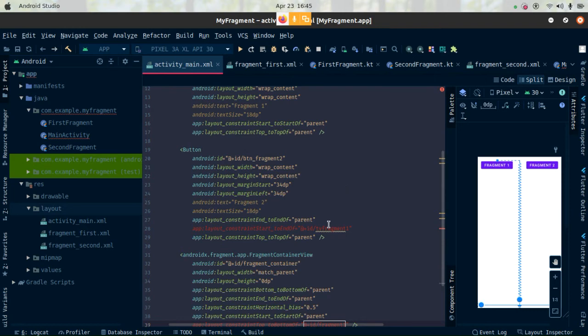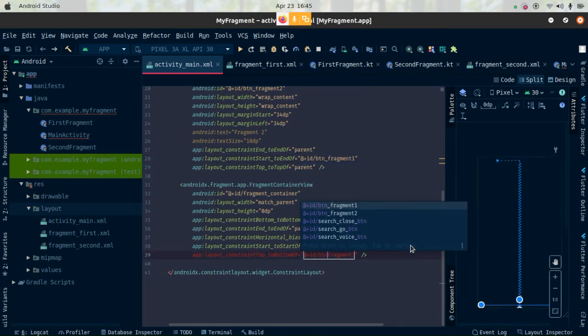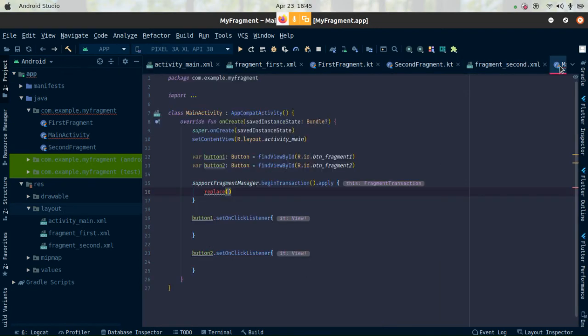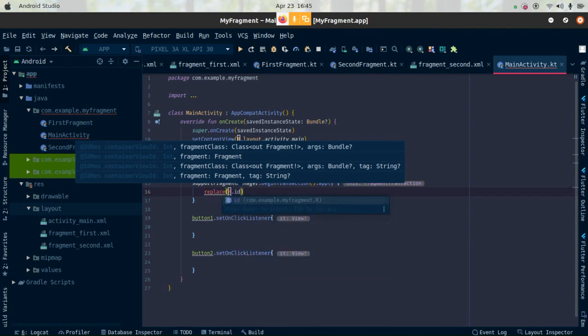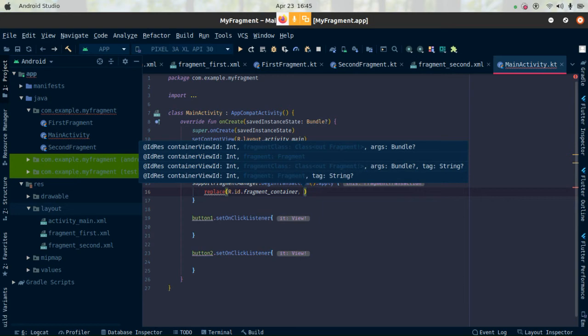Okay, I need to change this from TV fragment one to button btn fragment one, and here button fragment one. Okay, so I'm looking at the fragment container. That is the ID I'm looking for. So here I'll put R.id.fragment container,